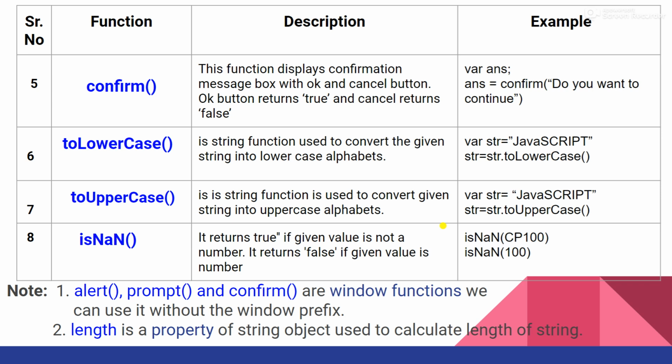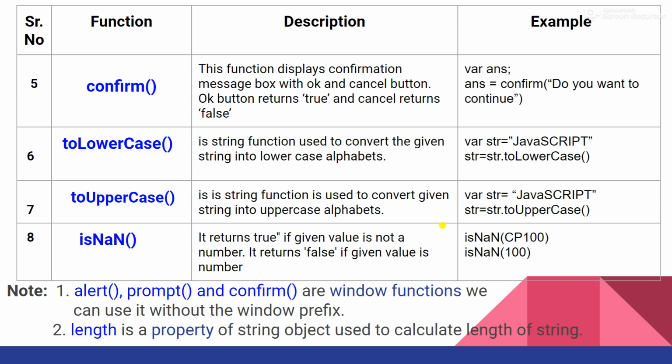The previous value will go away and the new value will come into the same variable, right. Similarly, the seventh function is what? toUpperCase. It is a string function which is used to convert the given string into uppercase. Now I have to convert something into uppercase. So obviously I must have something in lowercase, then only I can convert it into uppercase. Right. So same example, variable str is the same, JavaScript. Now I am using toUpperCase. So this Java word, from that AVA, these are small. So it will convert all this into capital letters.